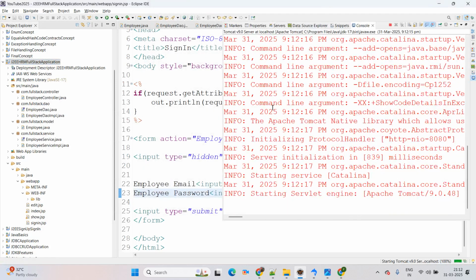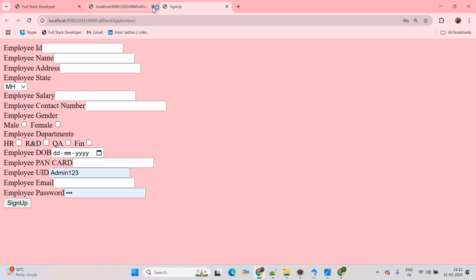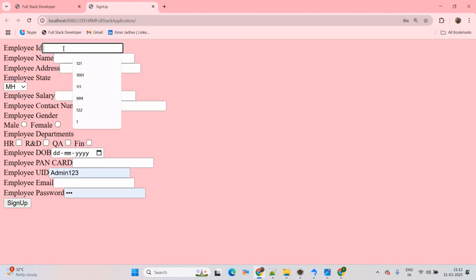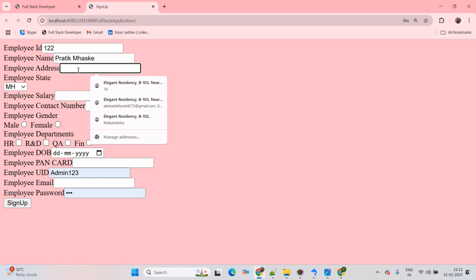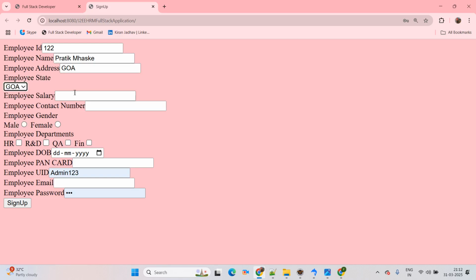See, again it will open index.jsp. There will be the sign up form available. Perfect. Here is the sign up form, right? Now I am passing 122. The name I am going to pass here is Pratik Maske. The address I am just going to add here: you can simply consider Pratik from Goa, because we are going to select the state somehow as well, right? Yes. And the salary for Pratik I am just going to add here